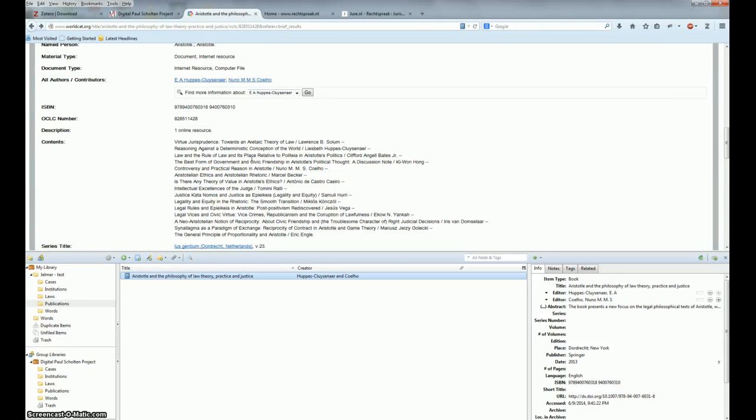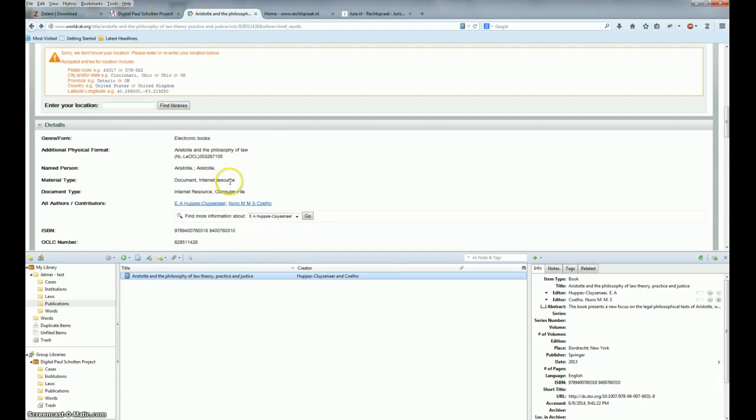When a book consists, for example, of different chapters written by different authors, these chapters are scientific publications, which you often will not find when you type the name of the author and the title of the chapter in WorldCat. We will give you an example how to proceed in this case. The example is the book Aristotle and the Philosophy of Law,